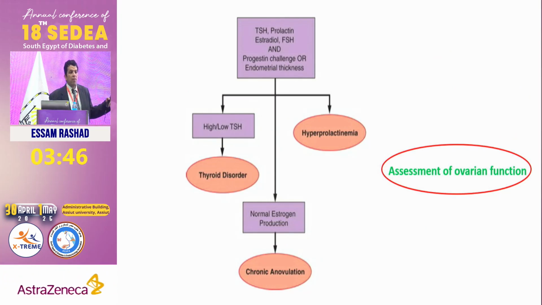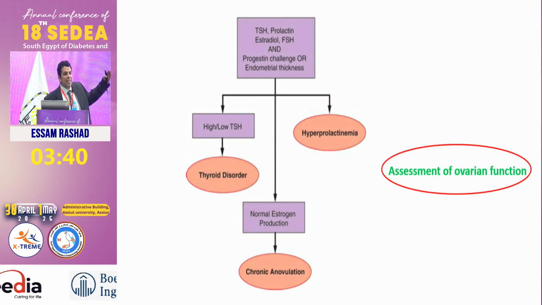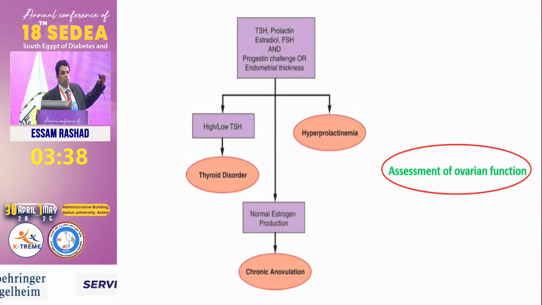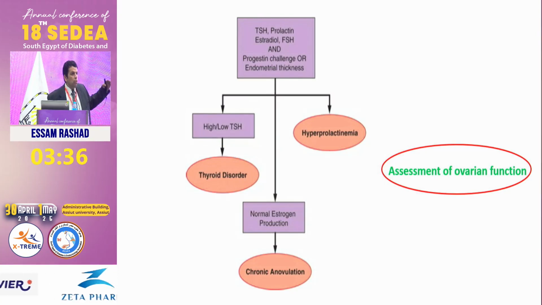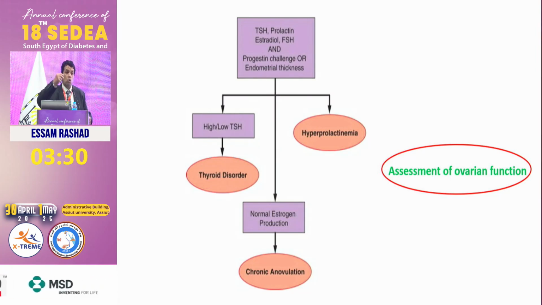Then we found the outflow tract normal. Then we move to another level. Just before we come to that second level, mind you, a part of the outflow tract is the Asherman syndrome itself. And the Asherman syndrome is intrauterine synechiae. You find the cervix and vagina normal, but still the uterus itself contains the adhesions.